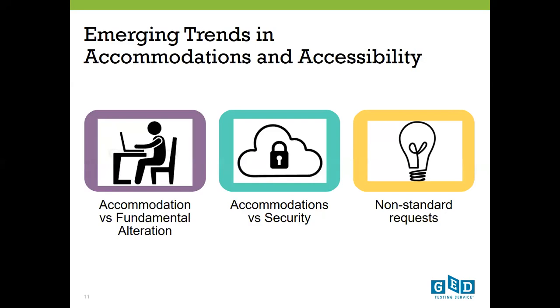Some candidates need low lighting, and so we have to work on solutions to try and help a candidate who needs low lighting. Sometimes it just means talking with them and suggesting maybe they could wear a hat with a visor and sunglasses, and that will take care of the situation for them. So we always work with the candidates to try and find a solution that will allow them to test, but will pass the security issues as well.